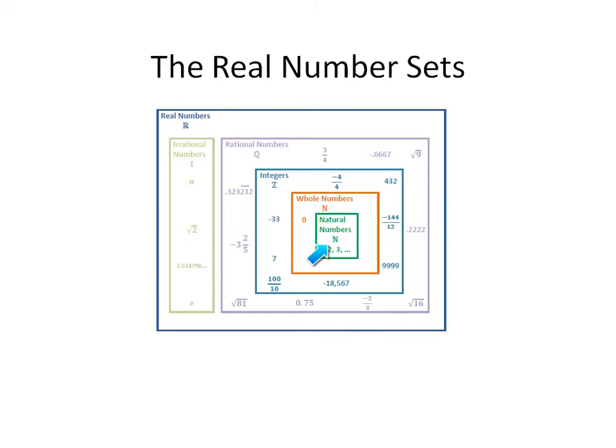Natural numbers are our counting numbers, 1, 2, 3, 4, and so on. Whole numbers include the 0. Now, if we want to get into negative numbers, we need to go up to the integers. When I write in set notation, I will specify the set of numbers I want. So, for instance, if everything is 0 and positive, I will use n for whole numbers. I will use a z if negatives are included, and I will use an r if both irrational and rational